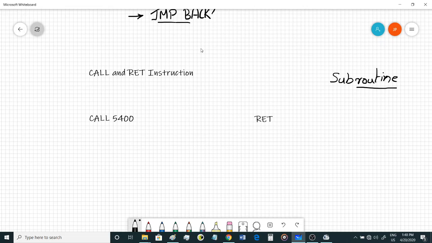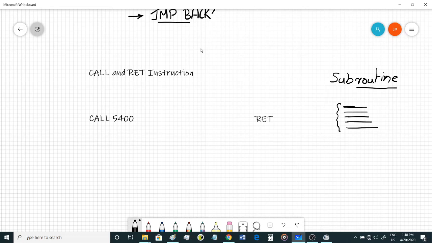So if you write the instructions for squaring 10 times, let's say these are the 5 instructions for squaring a number, and if you want to write these instructions every time that you need to square a number, then the program becomes very huge. It is the same instructions that you are going to write, only the number gets changed. So what we can do is write these instructions once and keep calling them whenever we require, which makes the program much smaller.